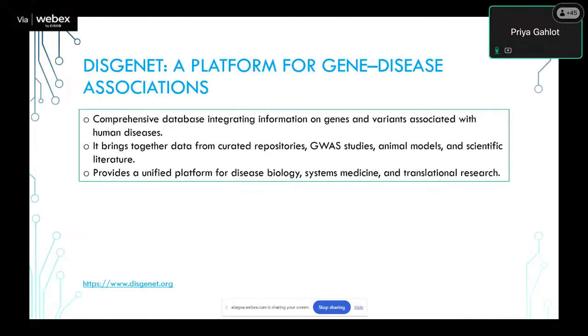There is another database that is DisGeNET. It is a platform for gene disease association studies, where if you put in your data, then you will get a large data set showing that these particular genes are playing a role in many diseases, and how it is relating